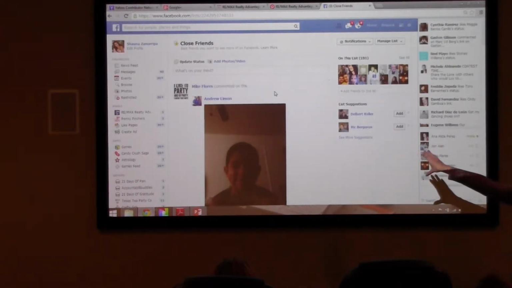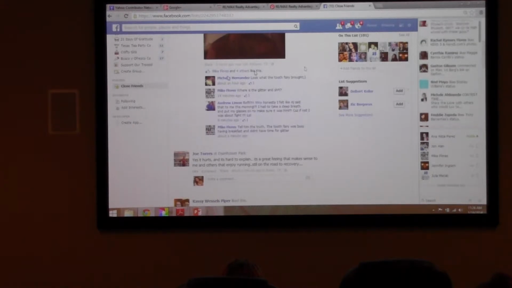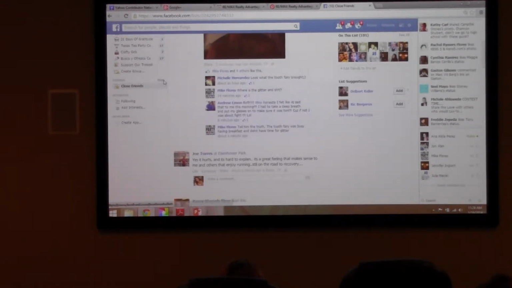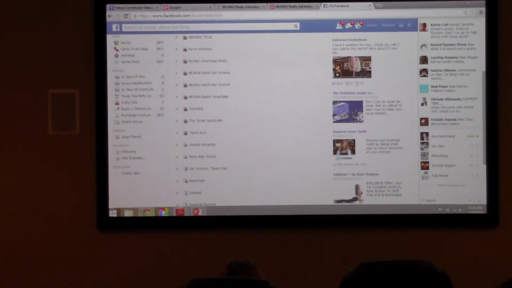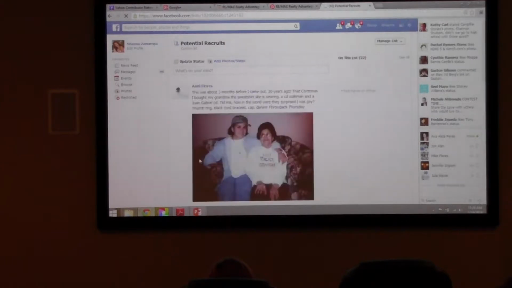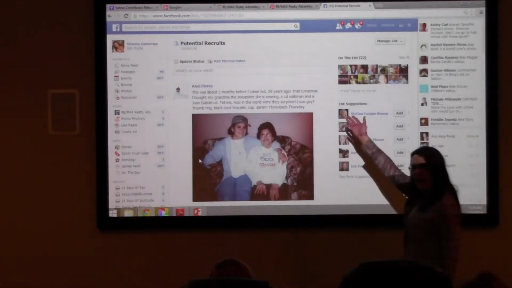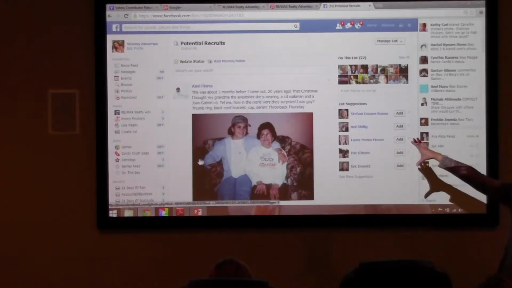What I mean by stalk better, I have a list, for example, because part of what I do for our office is recruiting, okay? So when I'm going down here, I have my stalking list, potential recruits, people that I want to bring into our company, and guess what? I can see exactly what they're up to and only what they're up to.